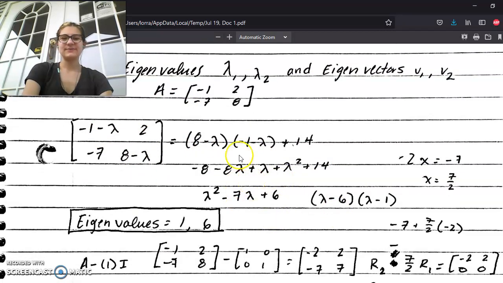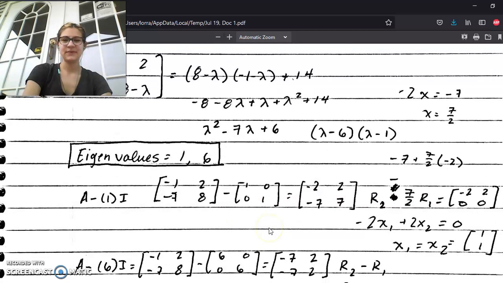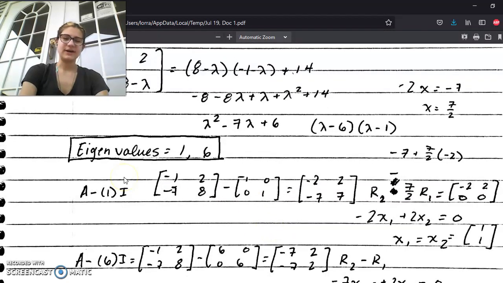And so you subtract and you simplify, so you can get lambda minus 6 times lambda minus 1 is equal to 0, and then you have your eigenvalues of 1 and 6. And then after that, you use this, which is A minus the eigenvalue lambda times the identity to get your